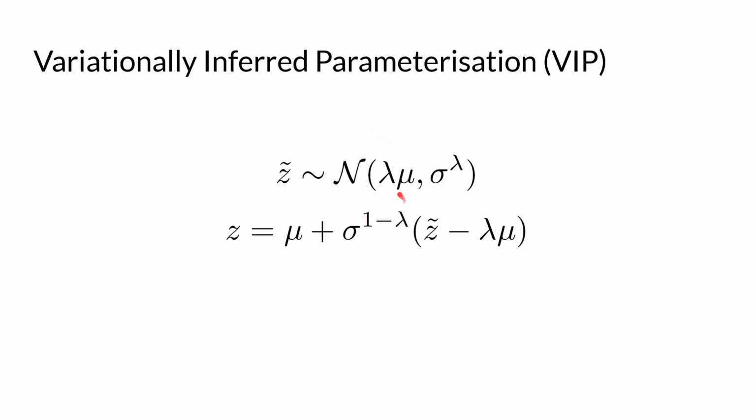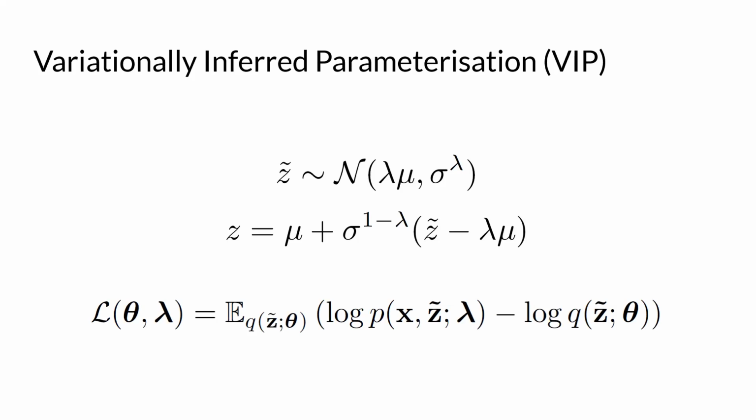So you can see that in the case where lambda is 0, this reduces to the non-centered parameterization. While when lambda is 1, it reduces to the centered parameterization. And for values in between, it's something in between. Cool, now we can reparameterize our model with this, and then